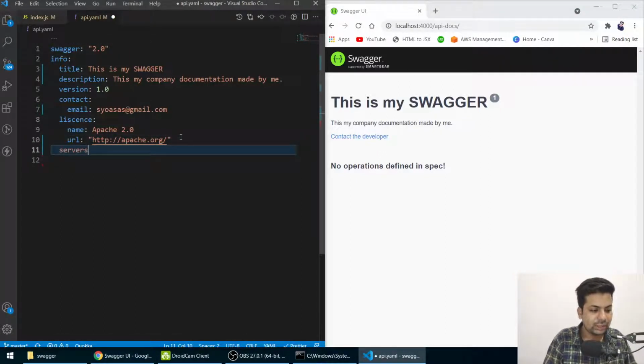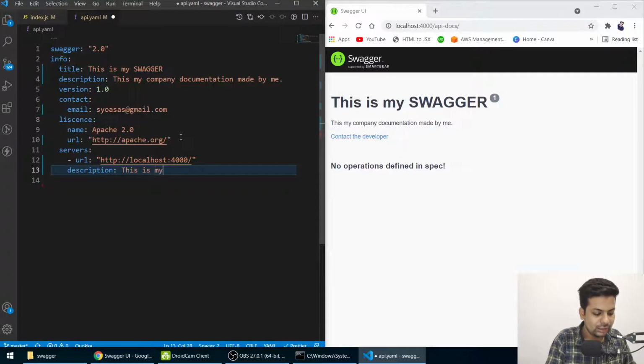Here you can describe your servers. I'll say one server is my http://localhost:4000. I'm running it here, so I'm describing one server. And I'll say description: this is my local server.